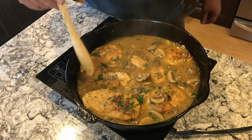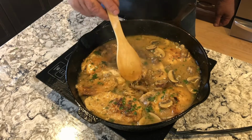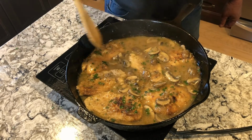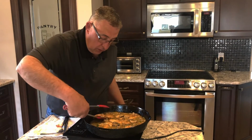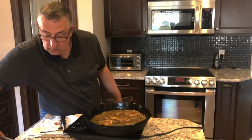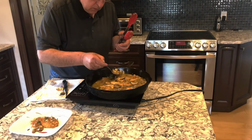Now it has been cooking for 10 minutes. It looks like it's done. Gravy is thickened nicely. Now it's time to try it. Now I'm going to take a piece, put it in my plate, add a little bit of gravy, some mushrooms,